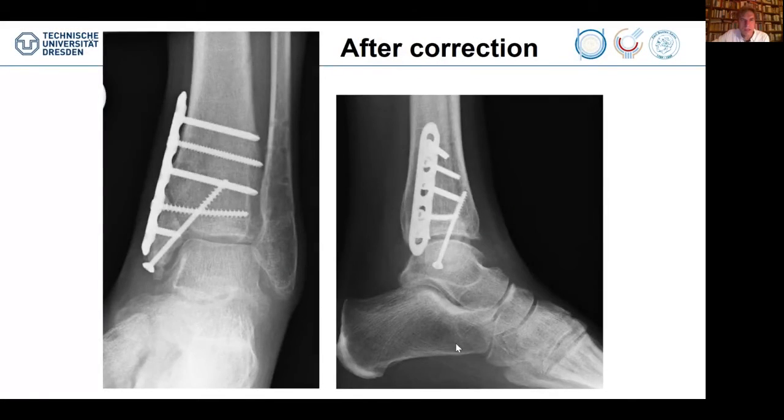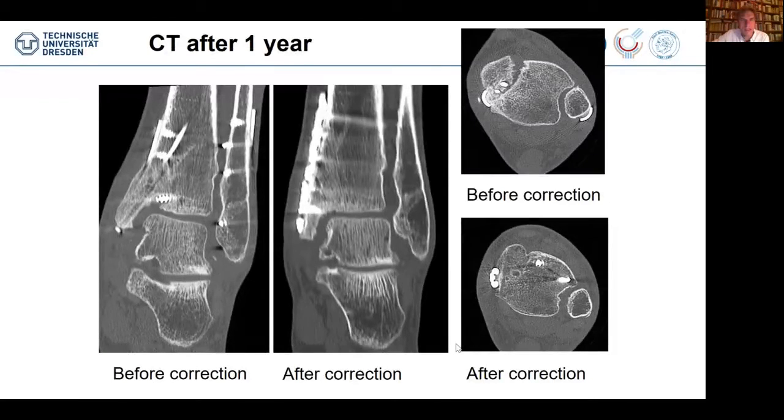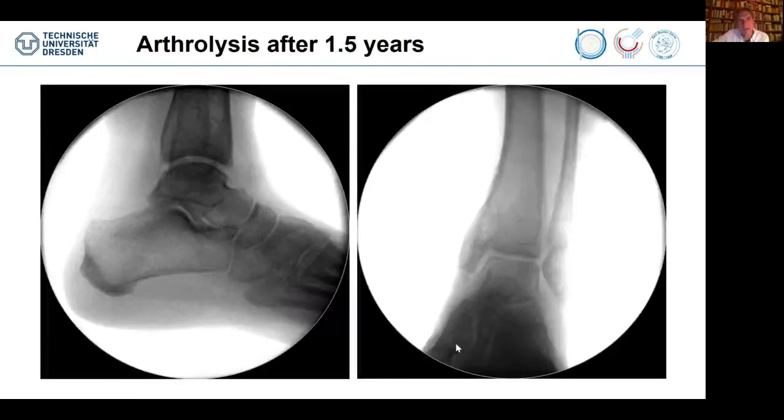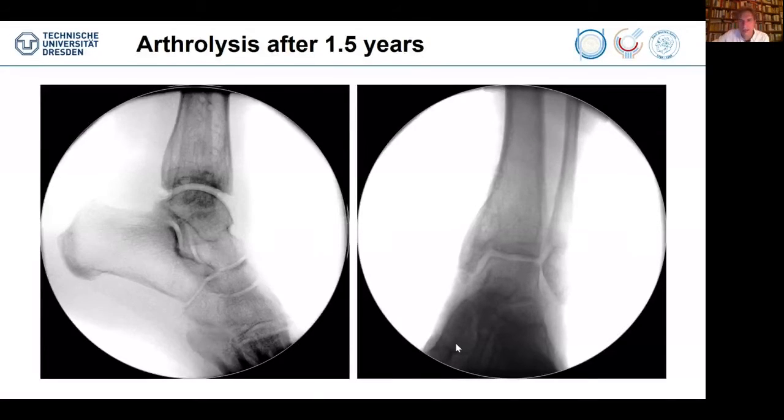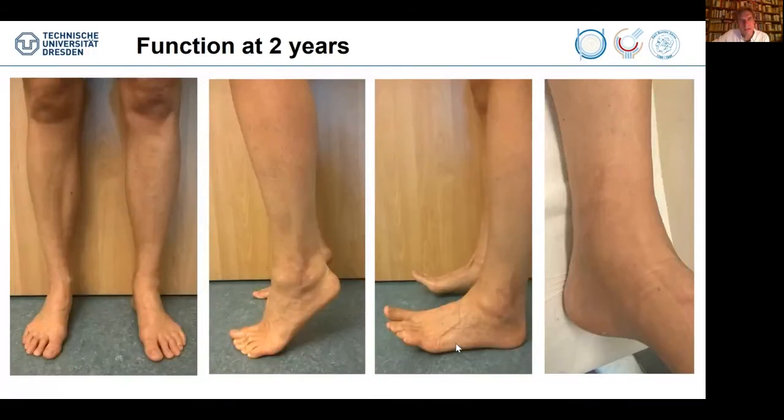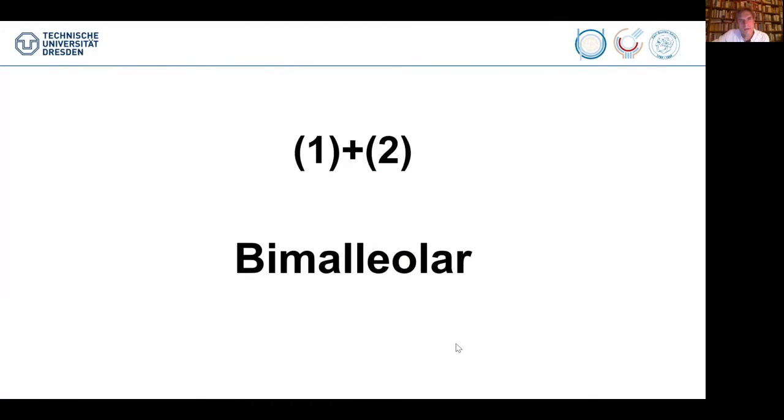And this is the patient 1 year after correction. The CT scan: you see how the talus shifts back, how the calcaneus shifts back, and the heel gets the natural physiological valgus position. And you can also see the correction of rotation of the medial malleolus. Most of these patients, if they have a plate on the medial side, they feel it. So we took it out, and she got quite some nice motion back. This is the function 2 years after the surgery and the scar formation.